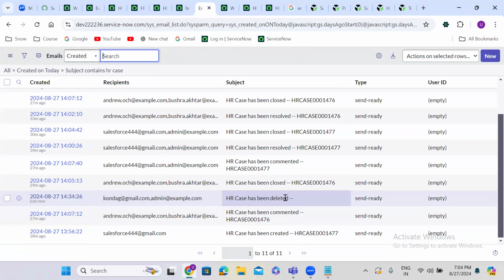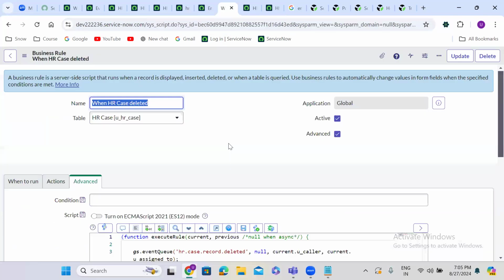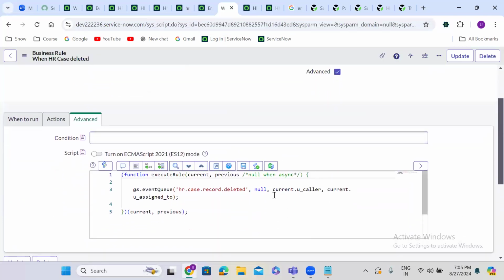So guys, if you see, when the record is deleted, no fields will be available, right? So earlier, because we selected the fields here, it was not actually sending an email to a specific person. As soon as I kept event param one as a caller and event param two as an assigned to person here,